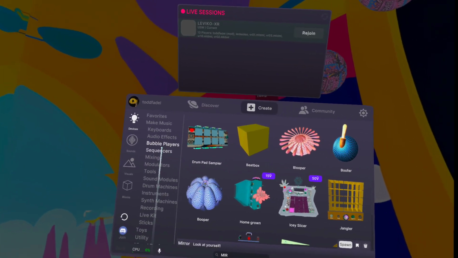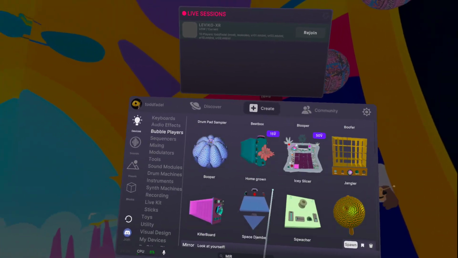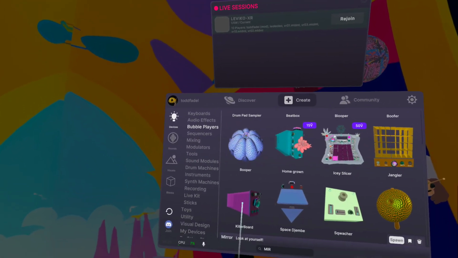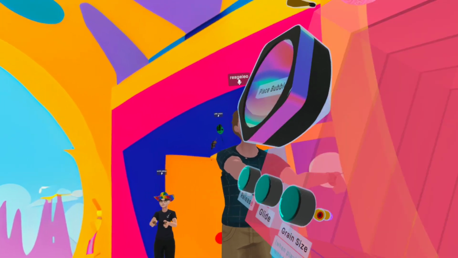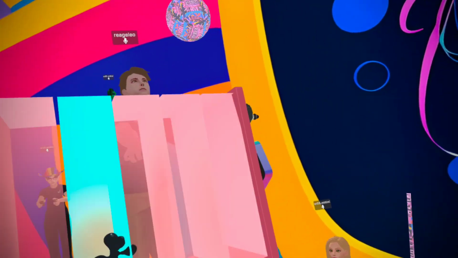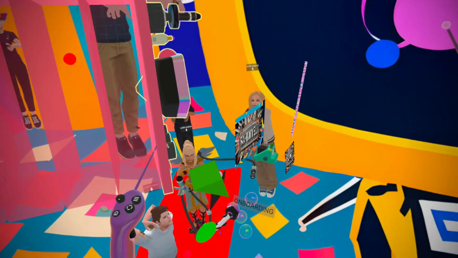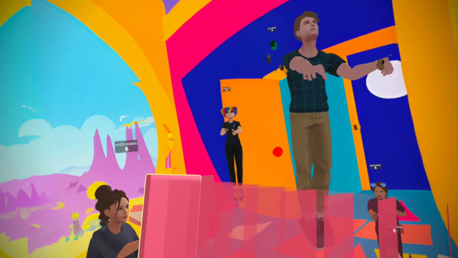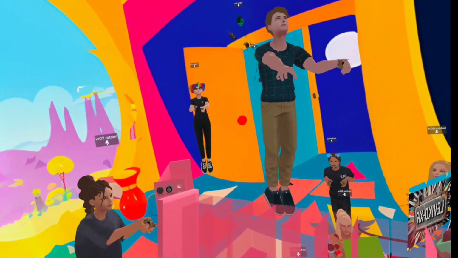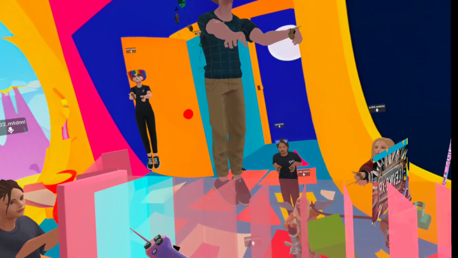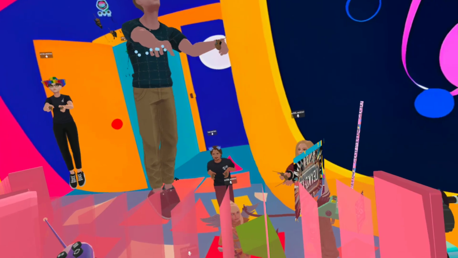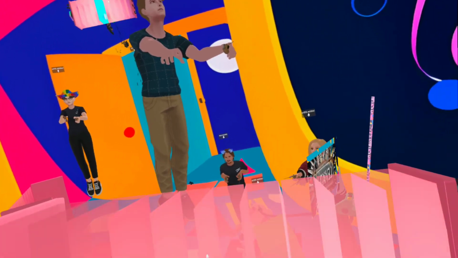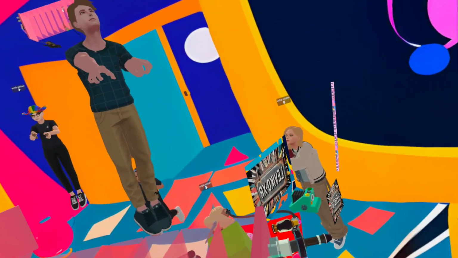bubble players. And under bubble players, you're going to see Killer Board. Okay? Killer Board. Sounds legit. Now, right now, nothing is happening. It's nothing more than just a really cool looking box that's not doing a thing. You'll notice on the side,